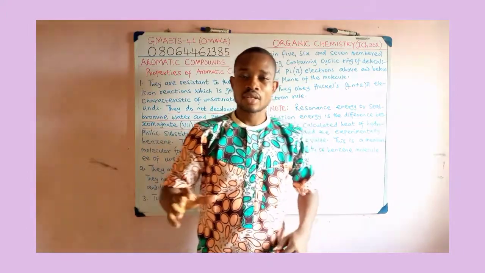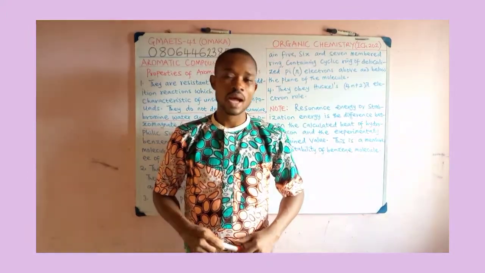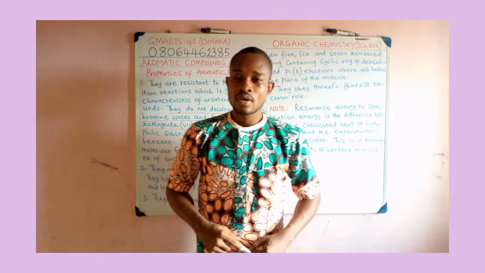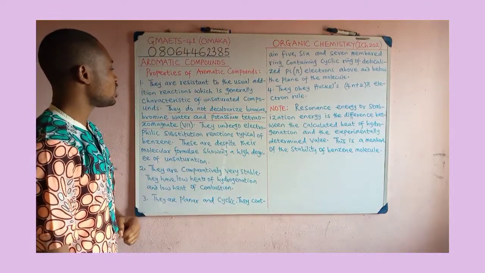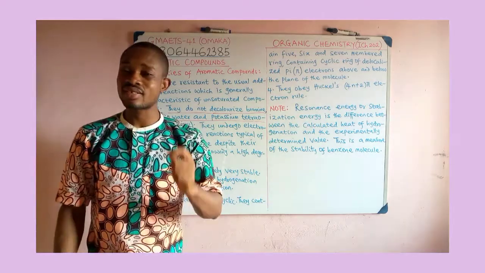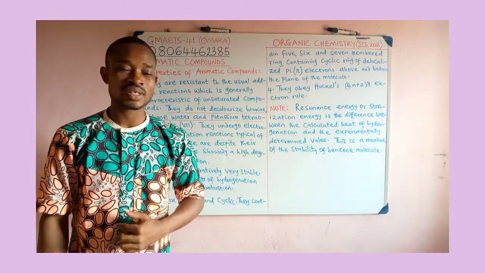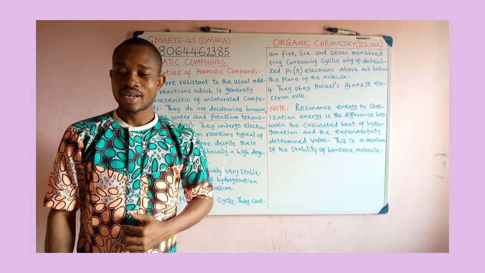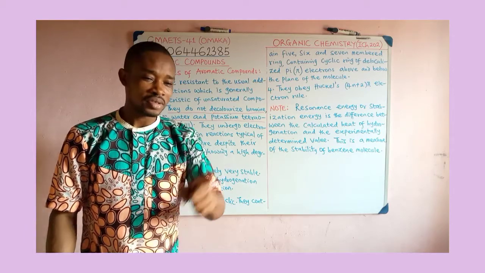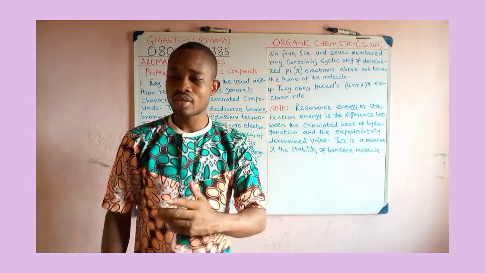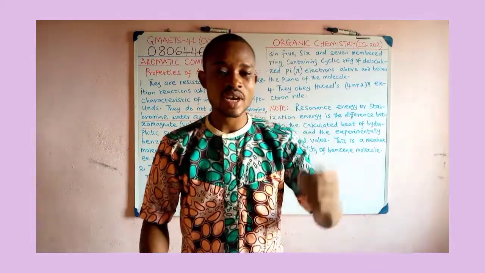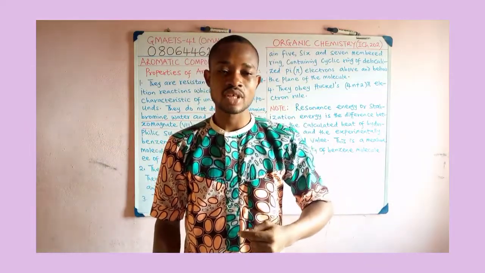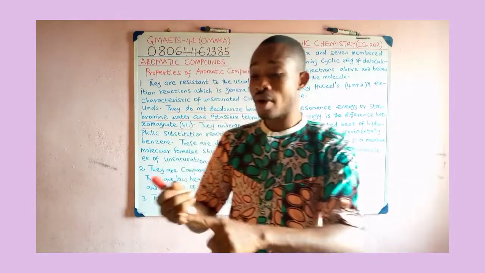Let us now look at the properties of aromatic compounds. Okay, the first one is they are resistant to the usual addition reactions, which are generally characteristic of unsaturated compounds. Do you recall alkenes, right? Alkenes contain double bonds, isn't it? We refer to them as unsaturated. So there are some reactions that they undergo. Something like decolorizing bromine